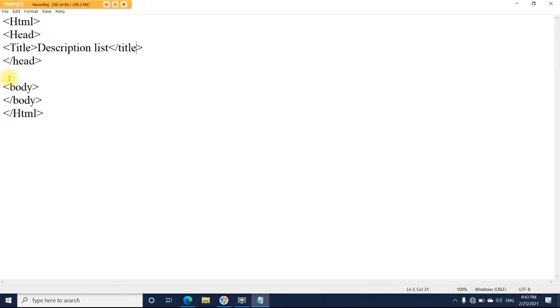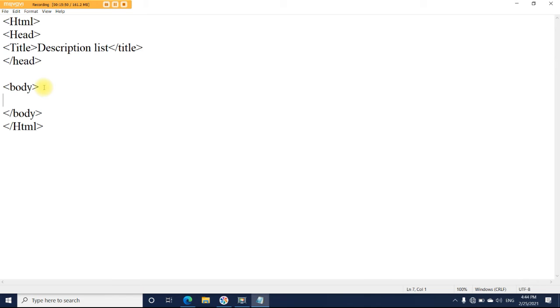and we will just come into our body tag. Here we are going to create a description list. So first of all I'll just show you the normal typing and we'll go ahead to the formatting part. Alright, and then we are going to add the description list tags for this.